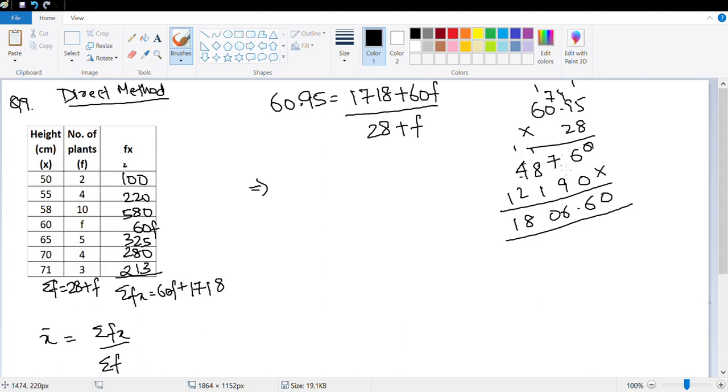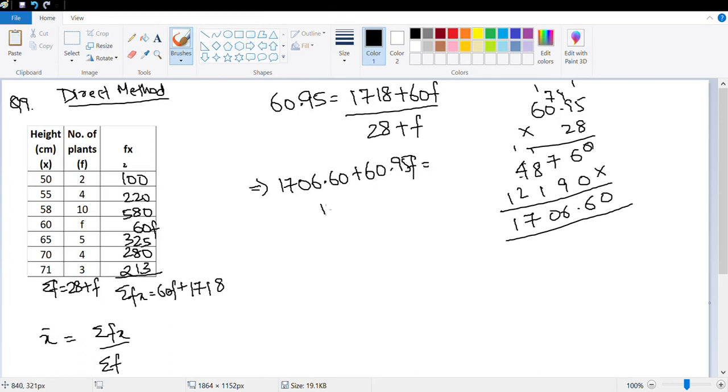So 0, 6, 16, 10 plus 7. So this is not 18, that's 17. Perfect. So that's 1706.60. So this is 1706.60 plus